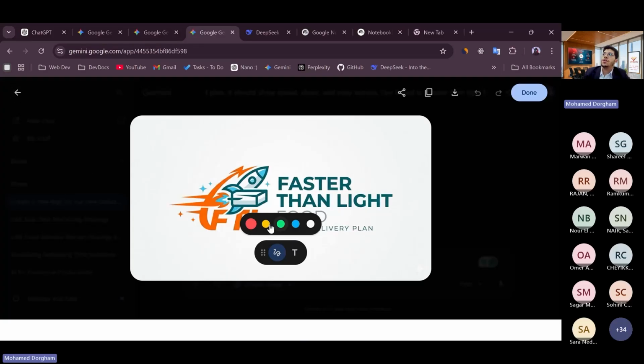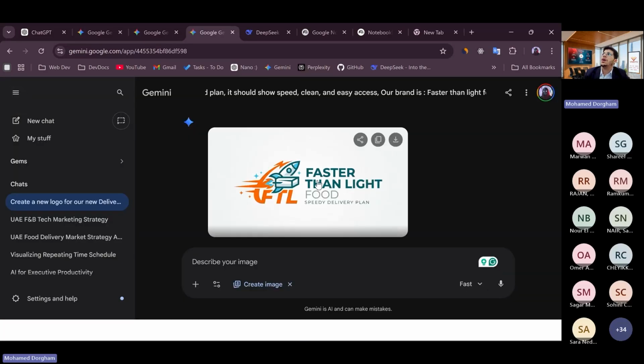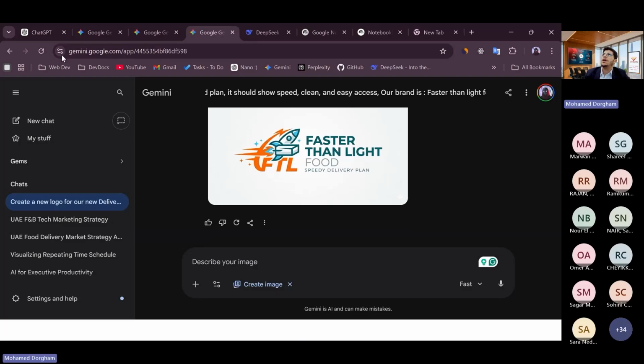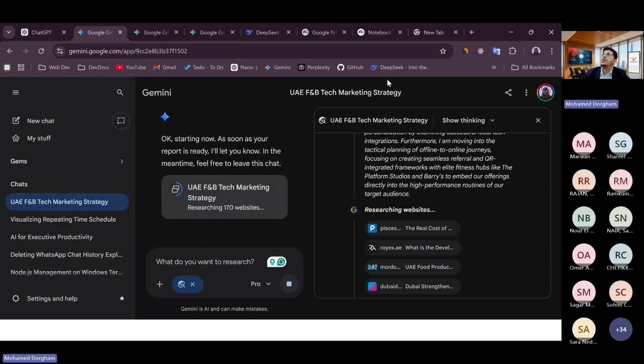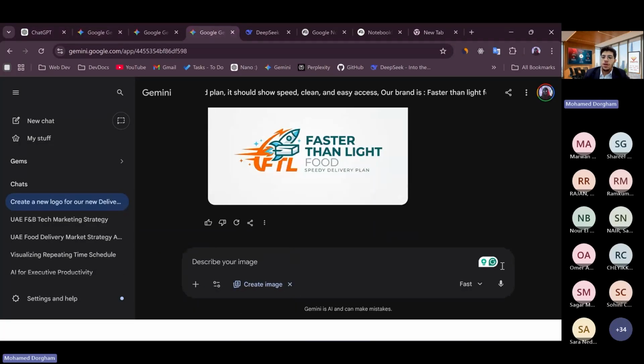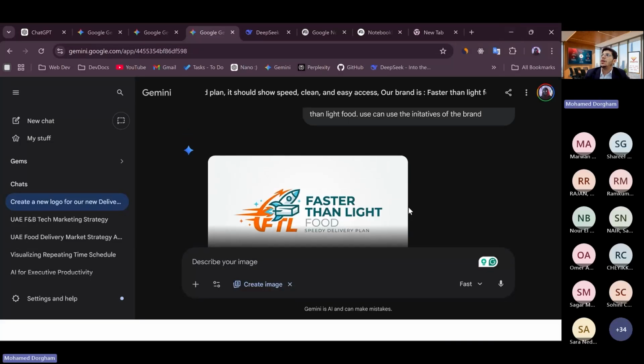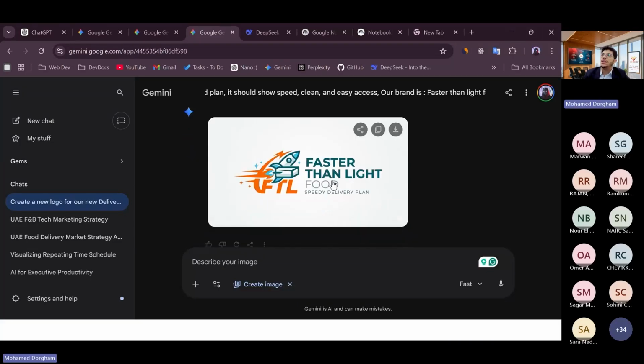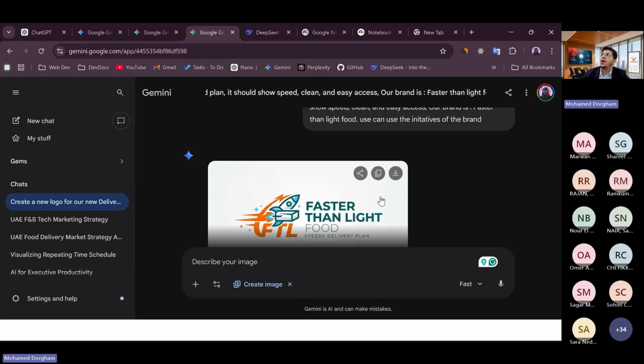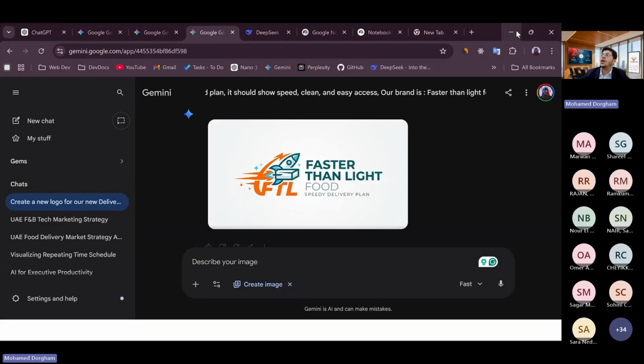Here it used colors that represent speed and efficiency, and it was really fast. Now coming back to the search, which is still running. I think we are all done and set with what we have right now.